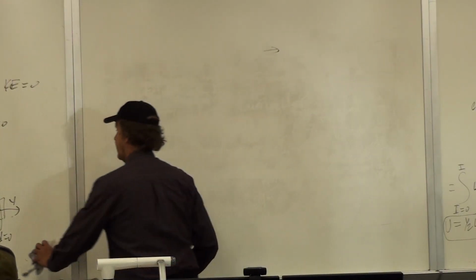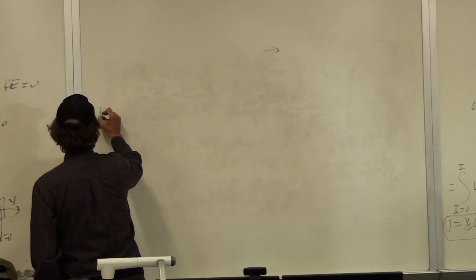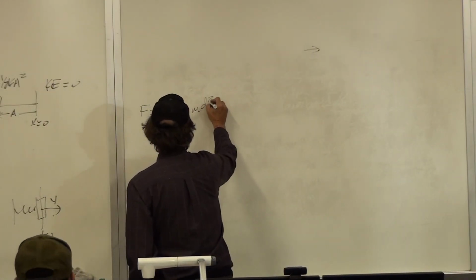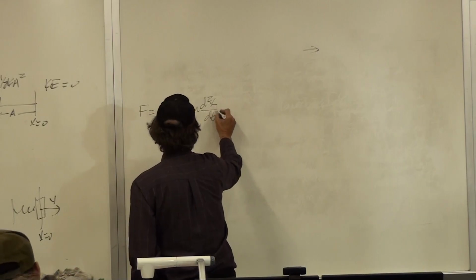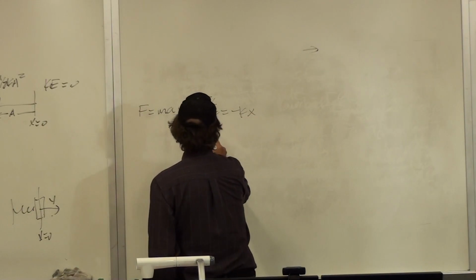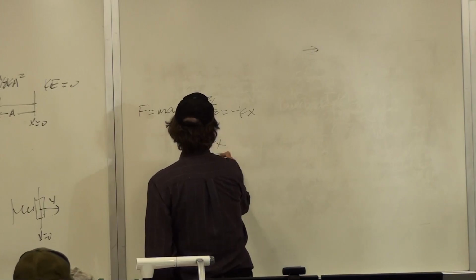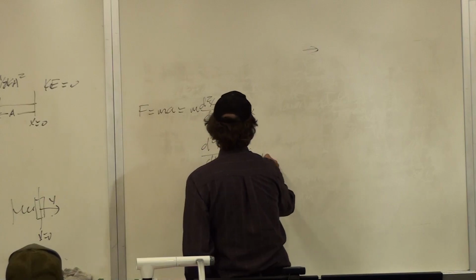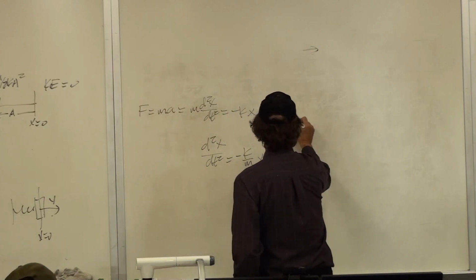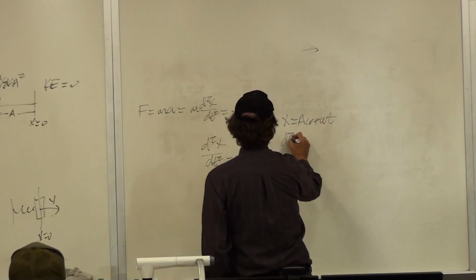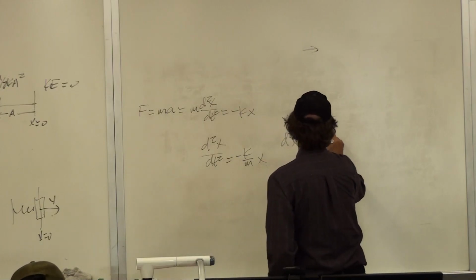Okay, so for a mass spring system, we've got F equals ma, so m d squared x dt squared equals minus kx. So then the second derivative of x with respect to time equals minus k over m times x. We assume x is equal to A cosine omega t, and the second derivative of x is minus omega squared